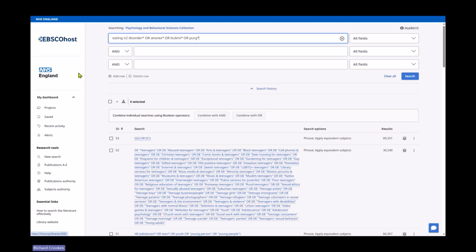Purging, I can use this term as well. So I can add the asterisk to the end of that string, or vomiting. Again, vomit or vomiting. Again, these all relate to eating disorders. And also for binge, I can add binge with the asterisk. That's binging or binge, etc. in terms of eating. And then qualify that with the field code XB for title abstract search, and click search